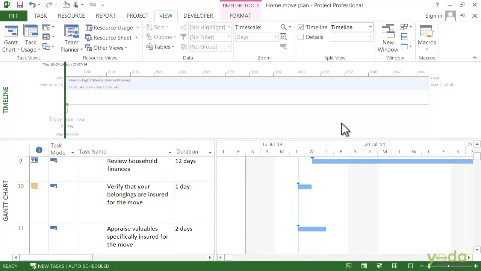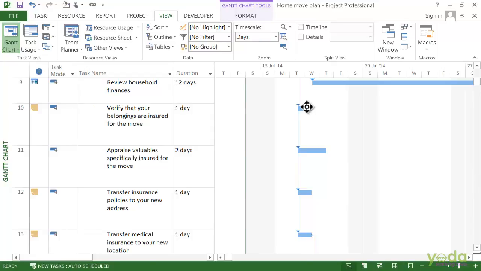You can add the task bar to it to show phases. You can add callouts to flag key events. It's really a great way to show things to the executive team or to your team members. The video on the timeline describes how to work with this view. Let's turn that back off and let's just focus on the schedule.